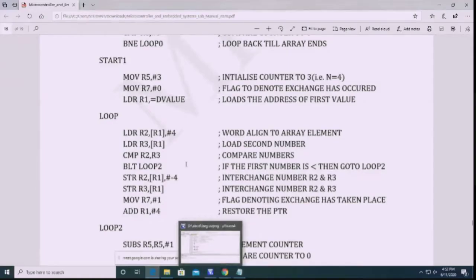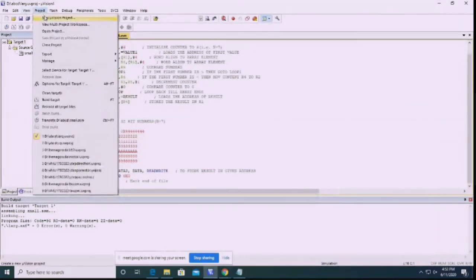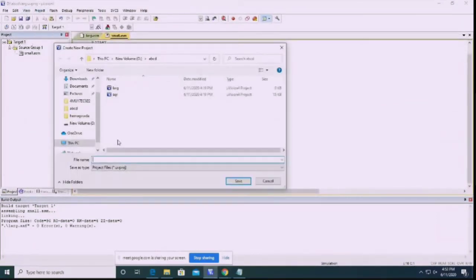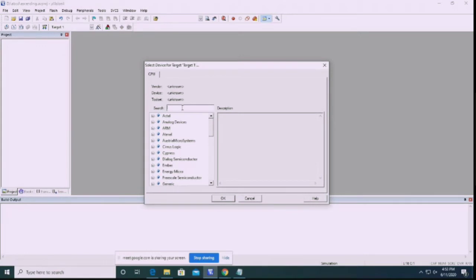We'll see the working of this program in Keil MicroVision. We'll go to Project, New MicroVision Project. We'll start with the file project name, ascending, and save. We'll select a target, LPC2148.